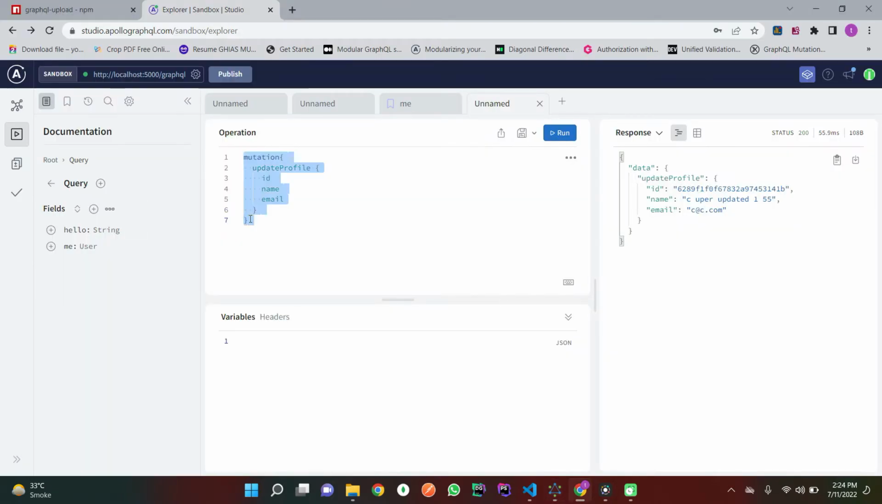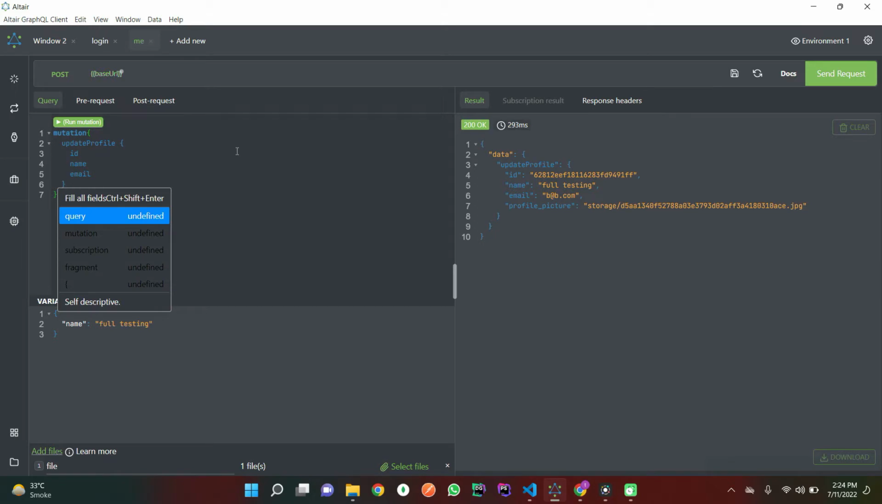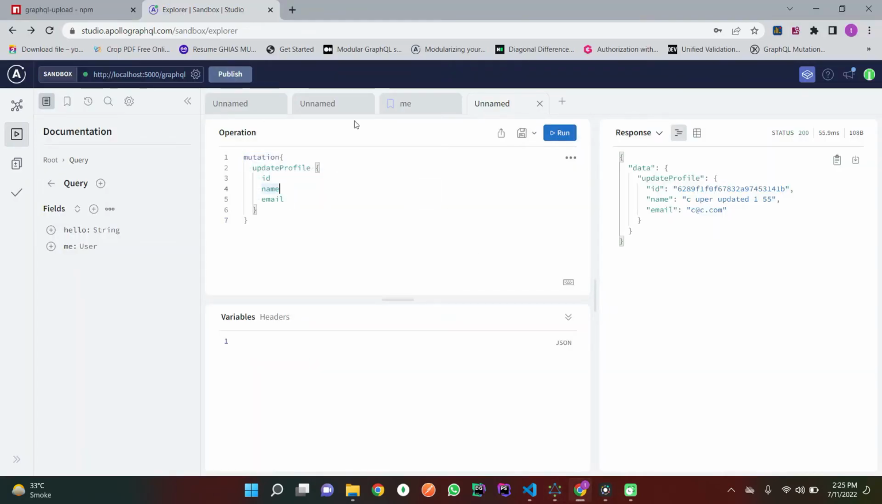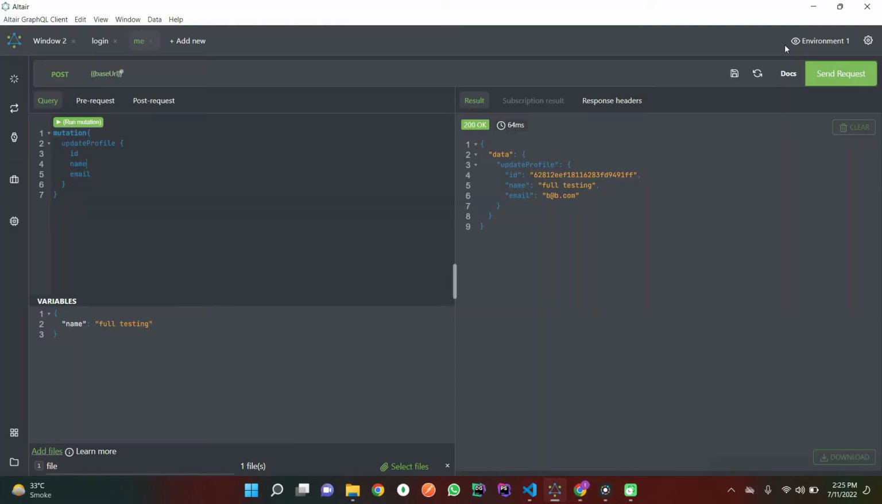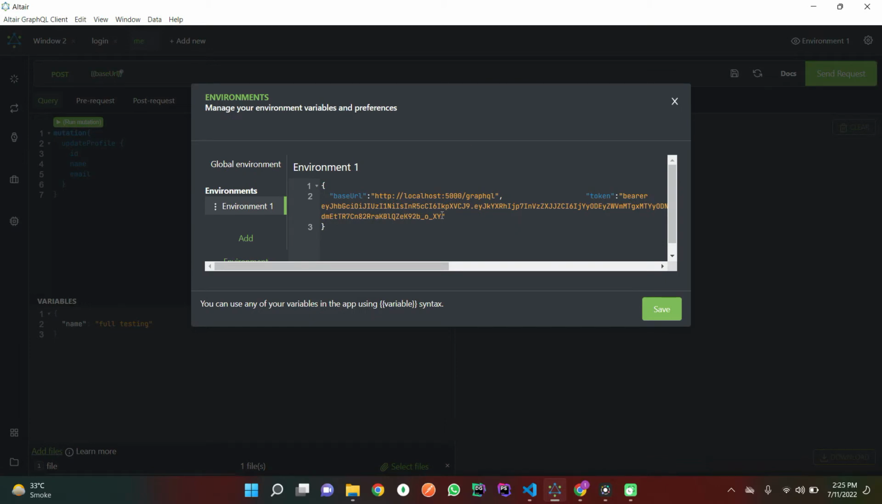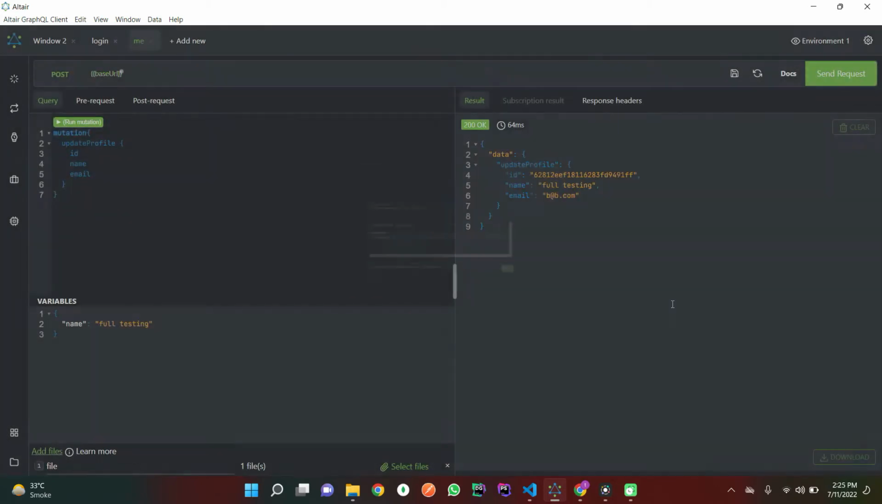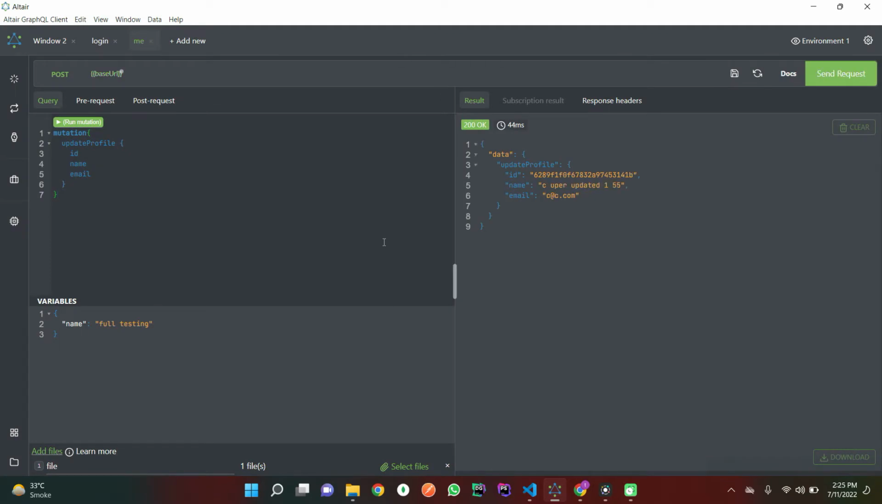Same mutation here. So it is giving an error because the token is for another user, so I am going to put the token for this user. Okay, now I am going to replace the token for this user, so it will return as the C user. Okay, now it is returning as the C user. Now I